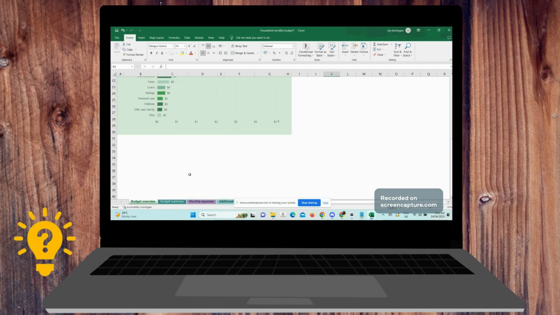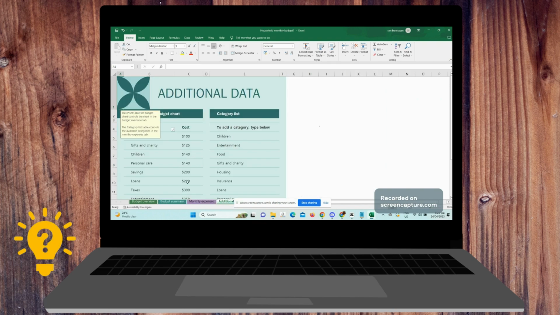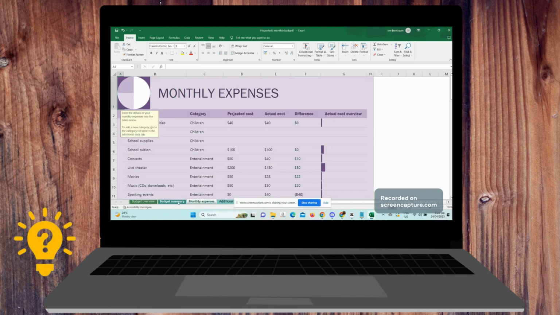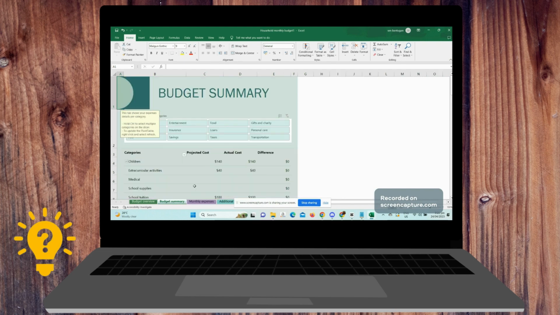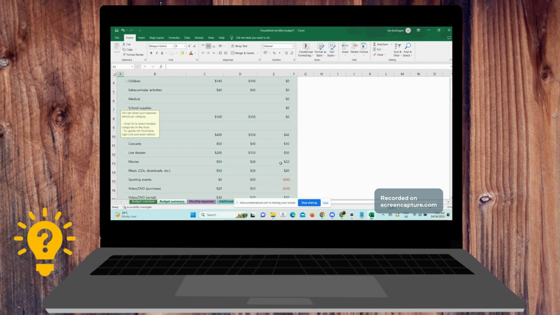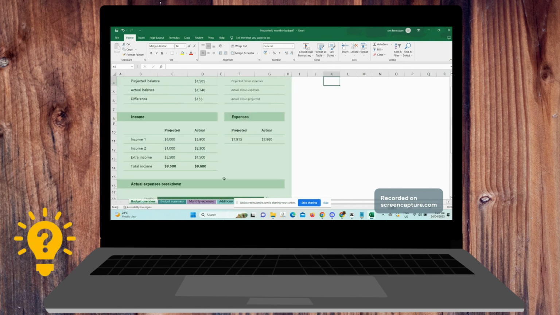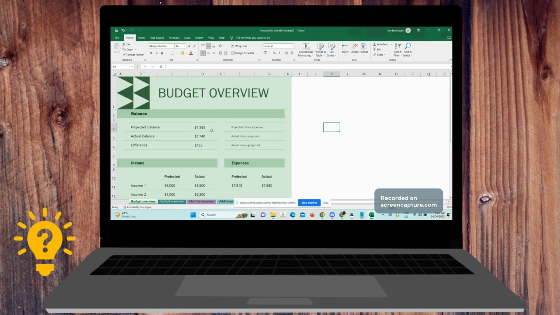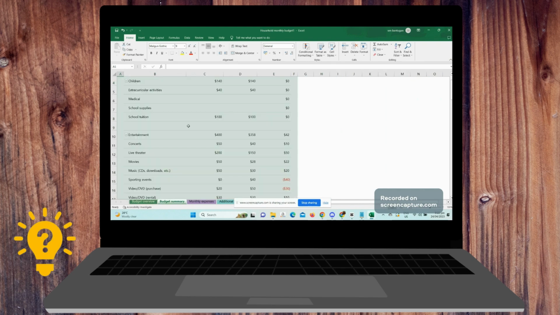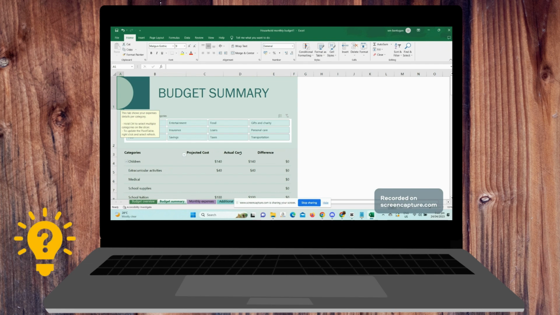As you can see, there are different tabs. In the first tab, you can see here the budget overview and the budget summary, the projected cost and